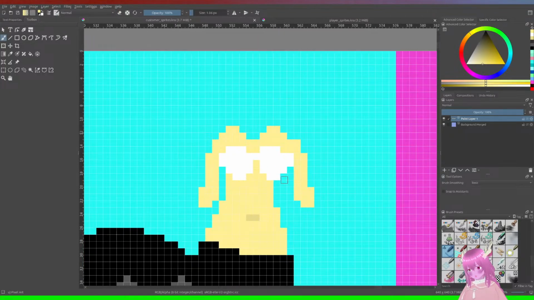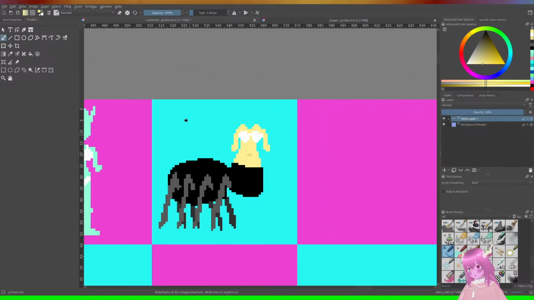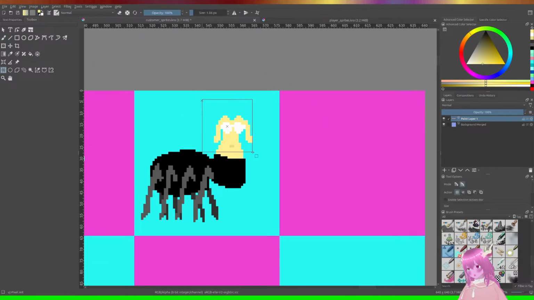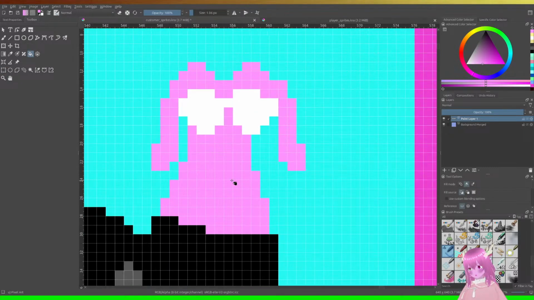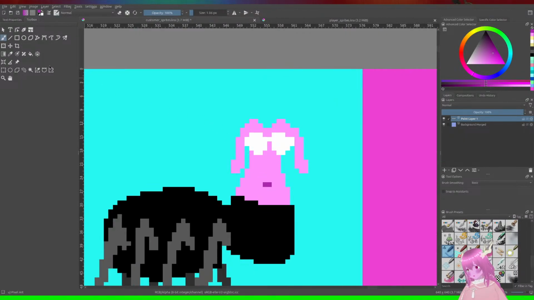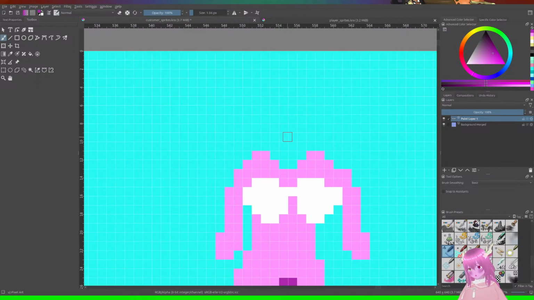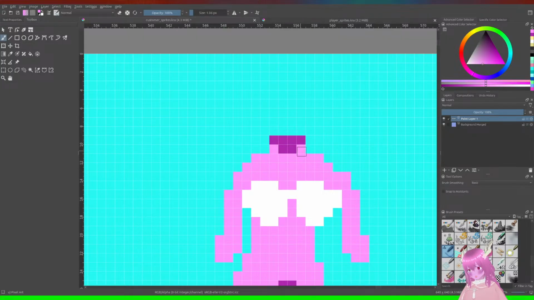I think we'll just leave it like that. You know what? We're gonna change the color of this to a purple. No, her belly button got deleted. What the frick? I need that for the neck. Yep. For the neck.